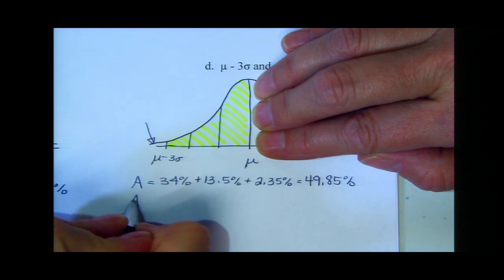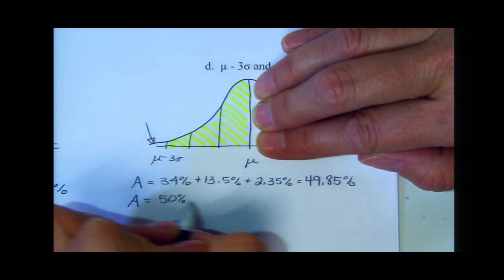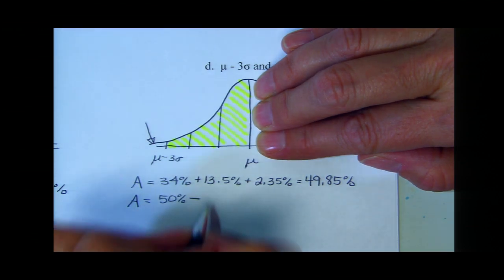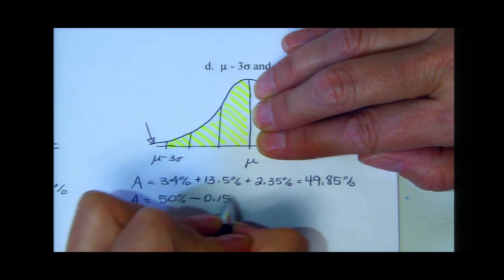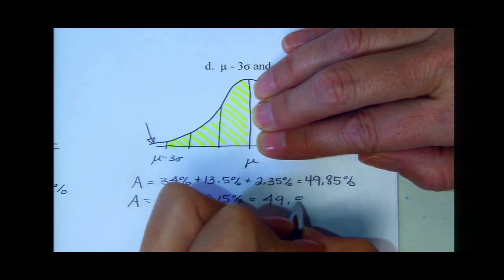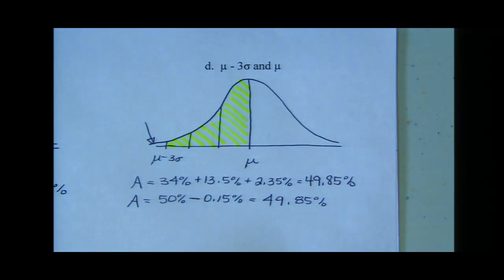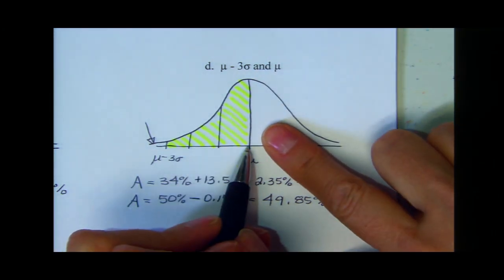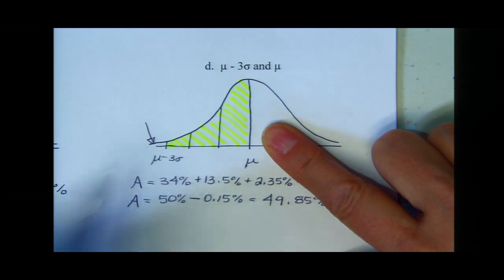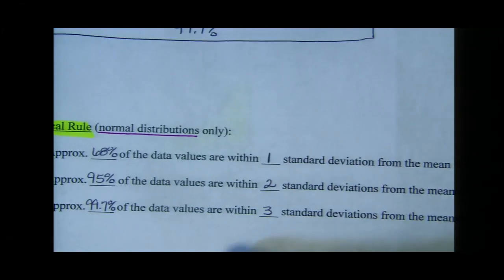So one way we could have found the same answer is to take 50% and take away the part that is not shaded, which is 0.15%. And that would give you your 49.85% as well. The other, I have students recognize that this is shaded to the left 1, 2, 3 standard deviations. Well, the empirical rule tells us that